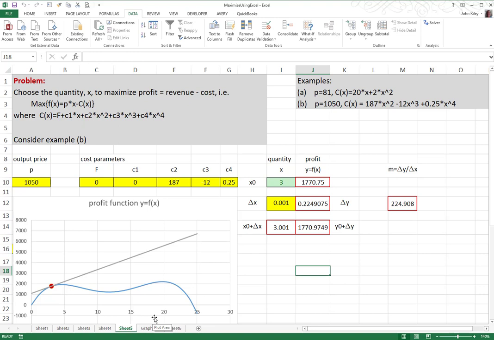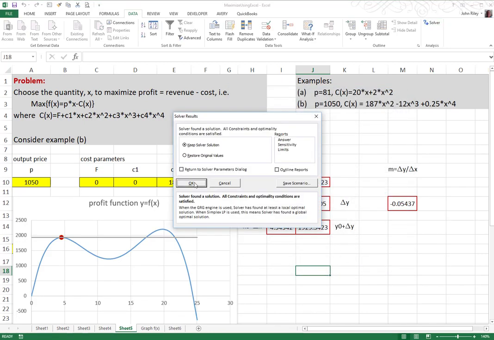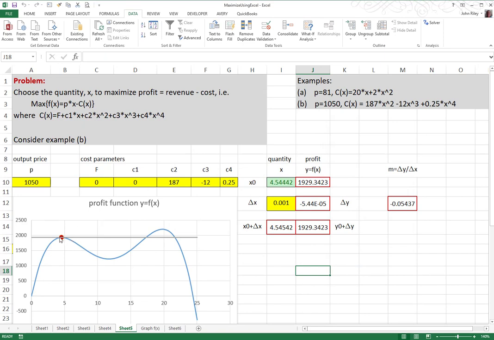So what's happened in this case? If you've drawn the curve, you know that the curve doesn't have a single hilltop. It has 2 hilltops. So this reveals what Solver will do. If you start off below this hilltop, as we have here, and click on Solver and solve it, it'll take you to a hilltop. This is called a local maximum. This point, 4.544, gives you a height which is greater than any points nearby, a local maximum, but it's not the global maximum. What if we go to a point like this, 15,